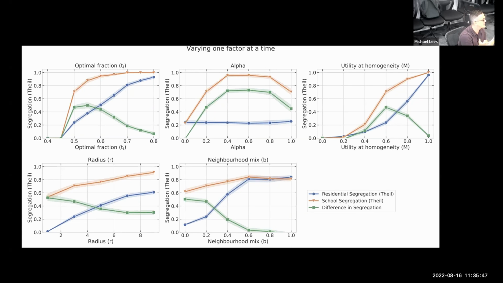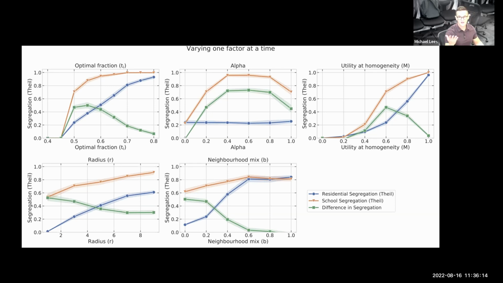So what you're seeing in the Netherlands is actually just a consequence of their slight tolerance. What's happening is they have a 60% preference for their neighborhood, they pick a house, and then they have a 60% preference for their schools, and then you get this double selection process. So the same thing that you saw with the Schelling model is now happening twice, once with the residential and once with the school. So it's natural that you get a higher segregation level.